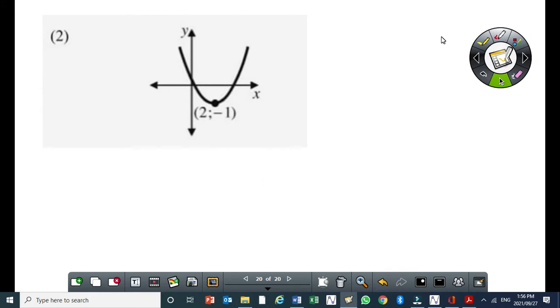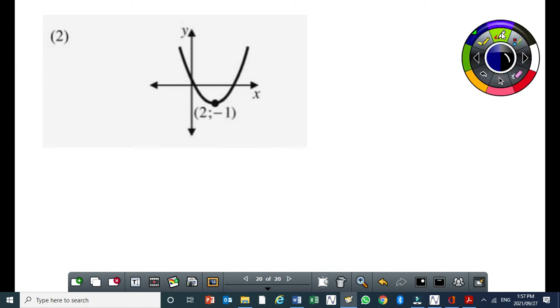This one now, we are only given the turning point. But the good thing is, please be aware that the graph is passing through the origin. Okay? Passing through the origin. When you are doing a question like this, always, the turning point has to be given, and one other point along the graph must be provided. Right? So, first, you write